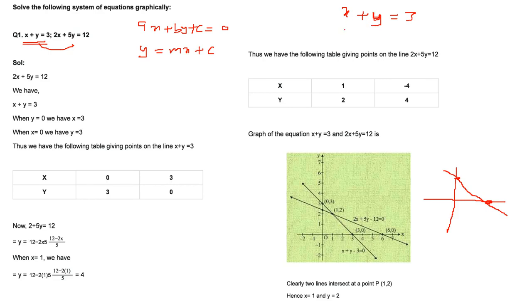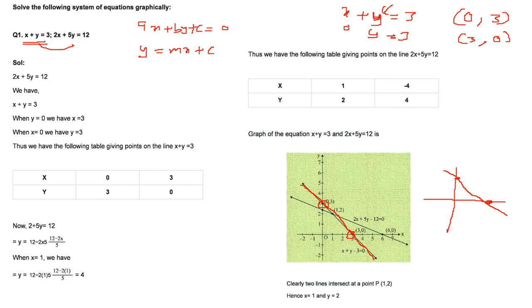So I'm putting x equal to 0. What will be y? y will be equal to 3. So my first coordinate of this equation is x is 0, y is 3. Now let me put y equal to 0 and see what happens. y equal to 0, x will be equal to 3. So (0, 3) and (3, 0) are my coordinates. Okay. So what I'll do here is, I'll put a point (0, 3) here, put a point (3, 0) here, and draw a line passing through these 2 points. So this is my first line, right?